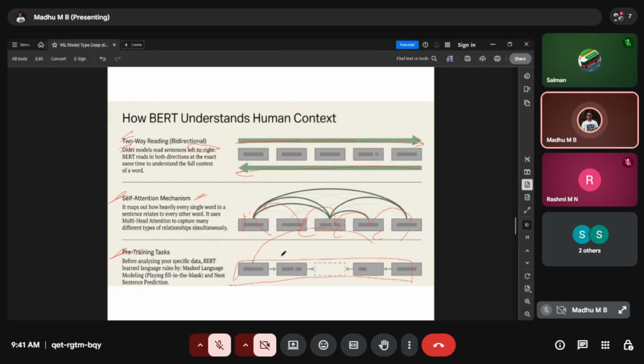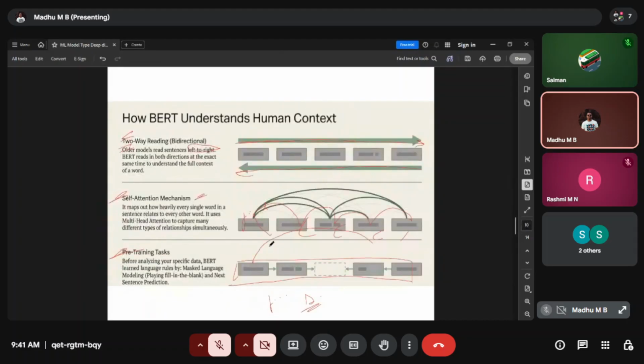We call them reference points, right? Whenever BERT links the words with its own trained references, it can categorize whether the feedback is good or bad. Those kinds of details it will be providing us.